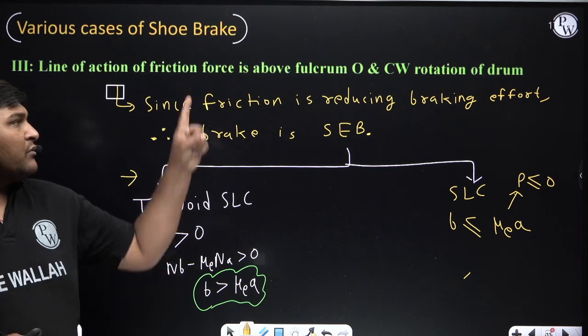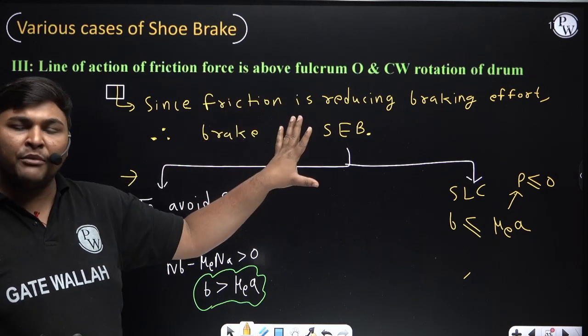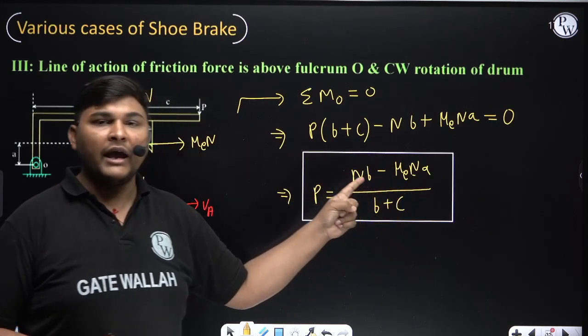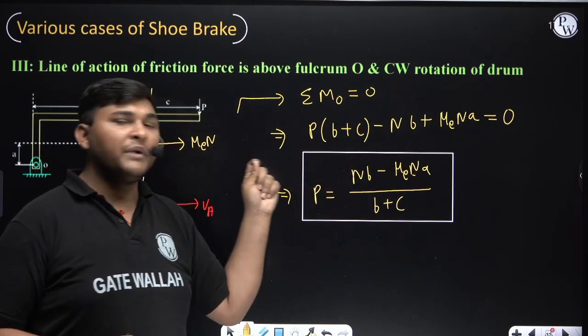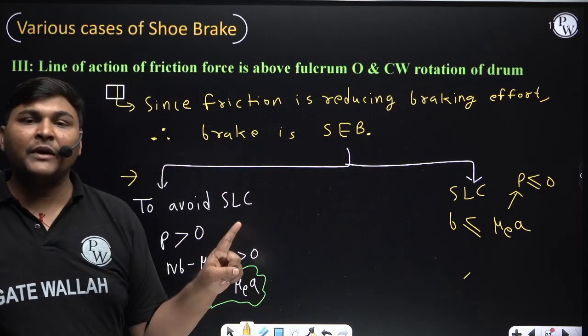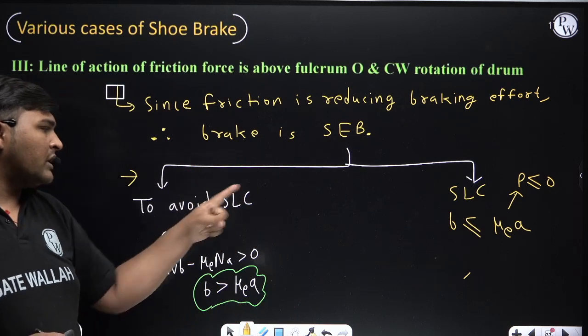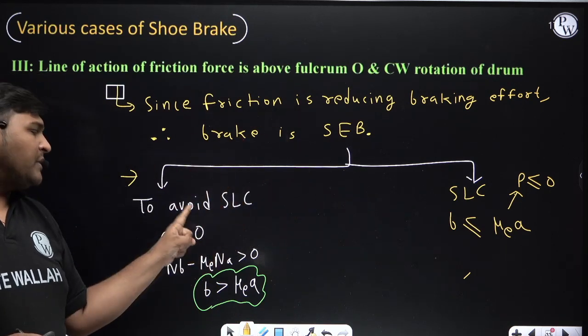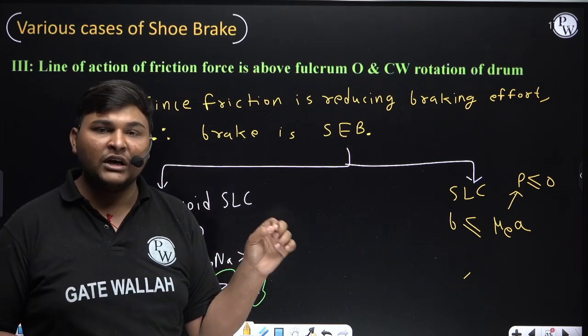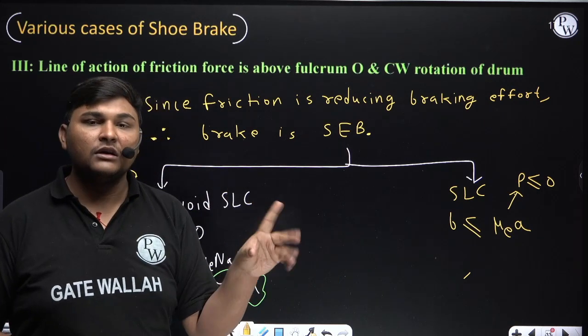Means for this case, the conclusion is: you need not remember, only understand. First we have derived this expression and concluded friction is reducing braking effort, therefore this brake is self-energizing brake. Now if the brake is self-energizing, it can be in self-locking condition also, and it cannot be in self-locking condition also. So if we want to find the relation to avoid self-locking condition, what we need to ensure,